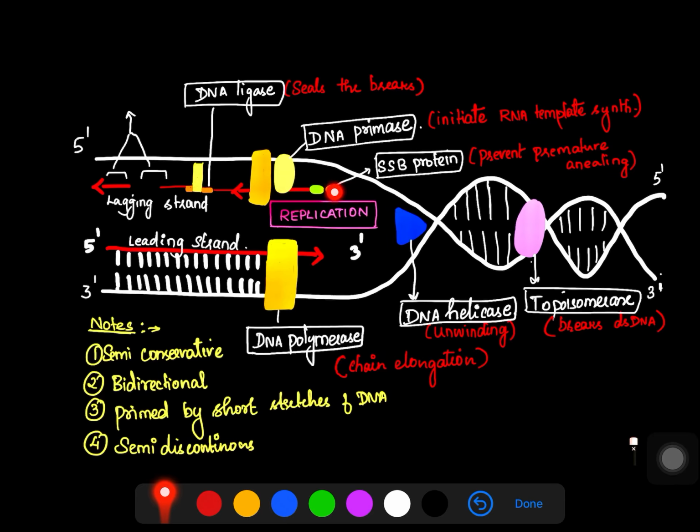Here you can see this strand is growing like this and the replication fork is going like this. So there will be fragment formation of strands, and these fragments are commonly called Okazaki fragments. These fragments are elongated by DNA polymerase and ligated by DNA ligase. Hence, this is about the characteristics of DNA replication and the enzymes involved. Thank you guys.